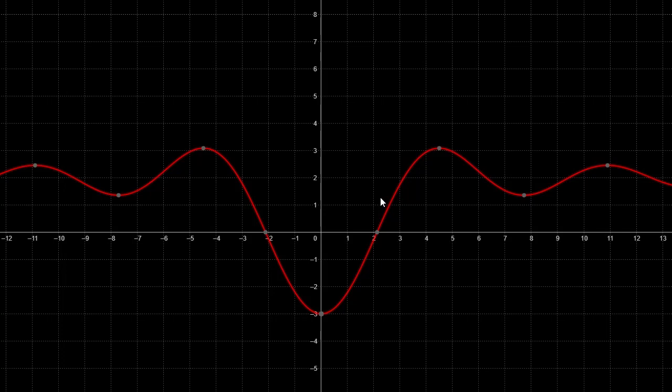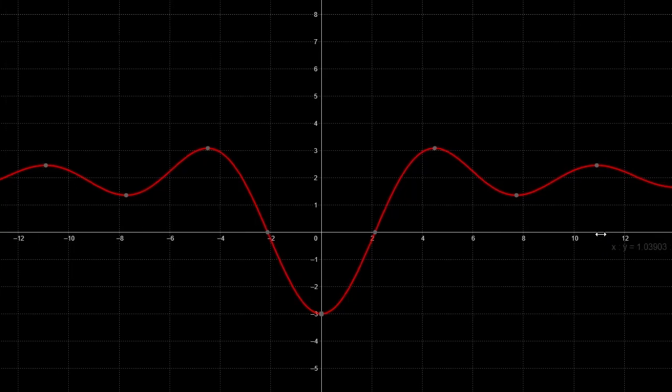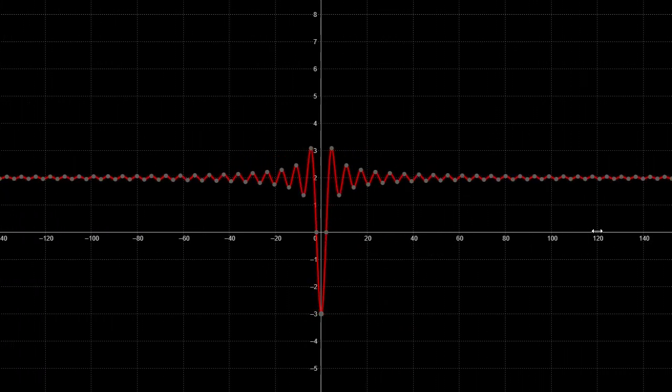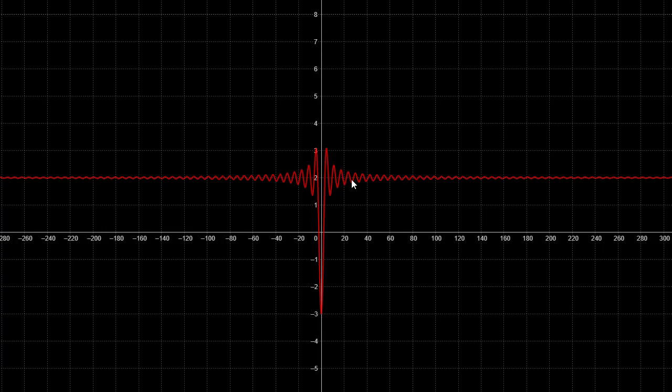All right, here's an example I appreciate a lot actually, because with this graph, if we just look at it in this particular window, it doesn't look like anything is happening as x goes to infinity. You might say, well, there doesn't look like there are any limits at infinity. It doesn't look like there are any horizontal asymptotes. However, if we zoom out on the x-axis, we can start to see that, yes, this function does oscillate, but eventually it is getting closer and closer and closer to the line